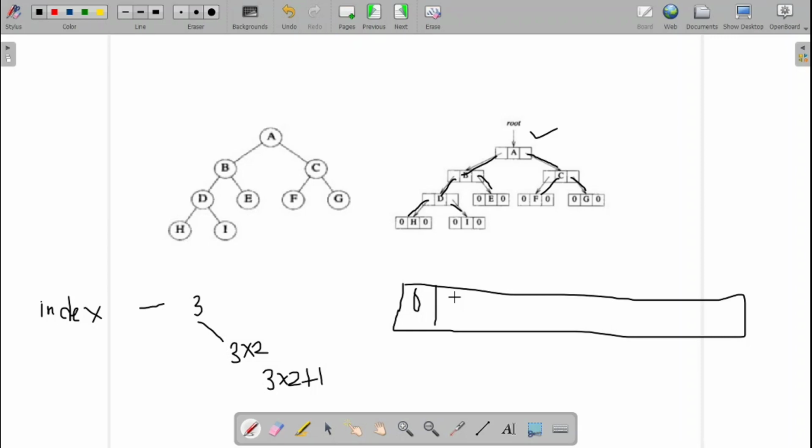Now, to overcome those limitations, we go with the list representation. In the list representation, we use a doubly linked list for representing binary trees. A doubly linked list usually has two links, that is a left link and a right link. Now the left link we replace with the left child, and the right link we replace with the right child. That is, the left link will point to my left child, and the right link will point to the right child. Maximum we can have two children, which can be accommodated with the help of the doubly linked list. And these are the two different representations for the binary tree.